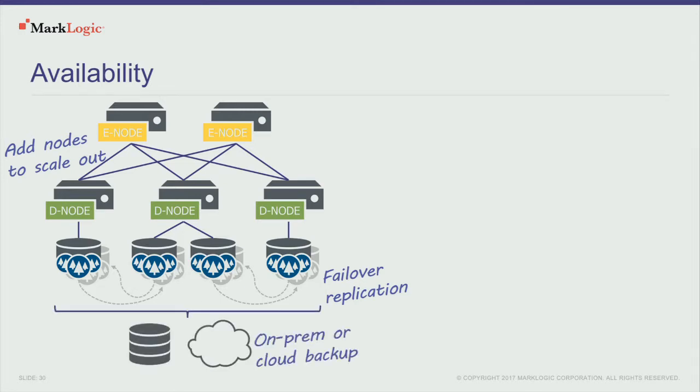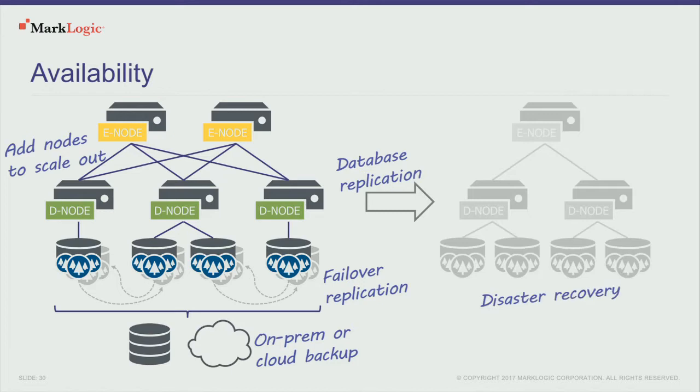So we allow for on-premises or cloud backups, of course. That's table stakes. We also allow for database replication. So the ability to replicate your data asynchronously into a different data center. So this allows you to have global availability. So if data center 1 goes down, you can switch over your load balancer to put it over to data center 2. When data center 1 comes back up, again, turn the pipe around and have the other one catch up and distribute those. So again, this is about making sure that the data is available all the time.